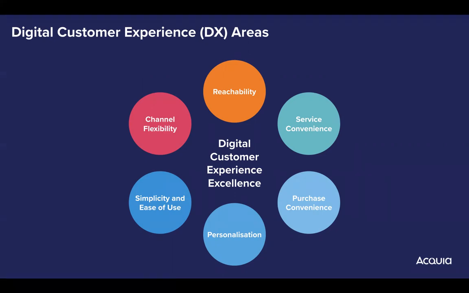So the DX a company delivers to its customers is highly dependent on the maturity of its digital channels in key areas, assessed from the customer's perspective, remember. So the first one we can look at is reachability. So that could be where you're looking at reaching across things like Google AdWords, across social media, or even reaching out on things like going across to offline channels or even trade shows and things like that if you're B2B.